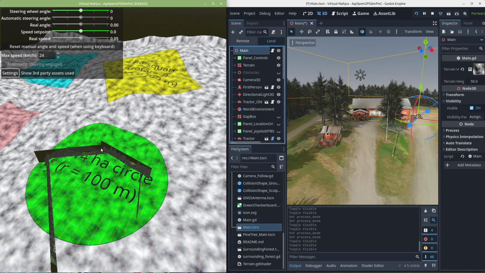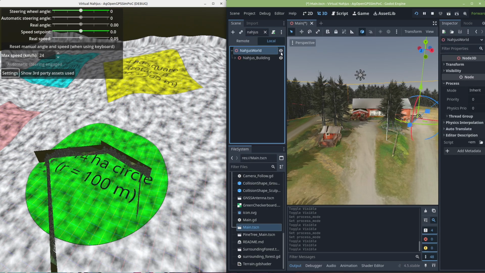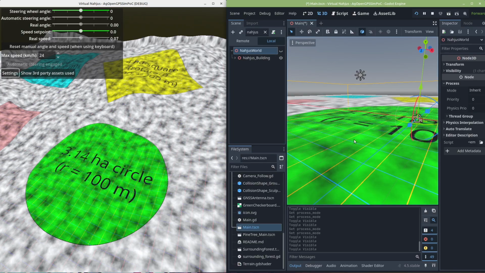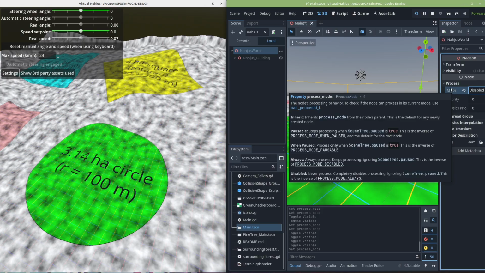If you want to use this version of the simulator to drive around on the mountainous terrain, you can also hide this new world and maybe also set this process mode to disabled, so the collision shapes and such will be also disabled.